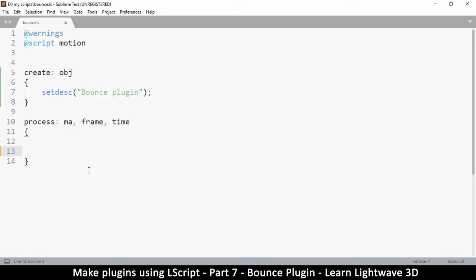So first of all, let's get the position. Now, in order to get the position, we want to assign it to a variable. So we're going to call that variable POS. You can call it anything you want, of course, since it's just a variable. Now, to do that, we're going to use the MA, which is this one. So if you're not using MA, type whatever you've typed here. Say ma.get, because we want to get the position. So I'm going to write position